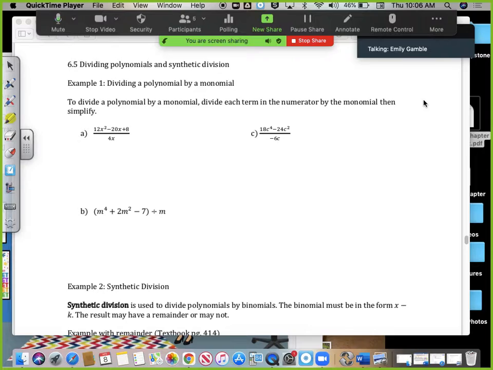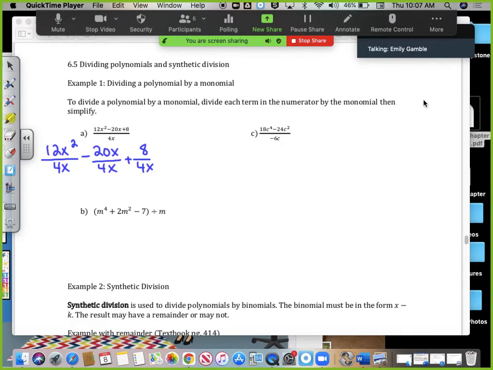So before we learned long division yesterday and the day before, if I said simplify this, what you would do is take 12x squared divided by 4x, and basically separate it, and then minus 20x over 4x, and then plus 8 over 4x. This is the only method we knew how to simplify before we learned the long division method. This would only work when you have one single term and it's not like 4x plus 1. If it said 4x plus 1, you can't do this method,